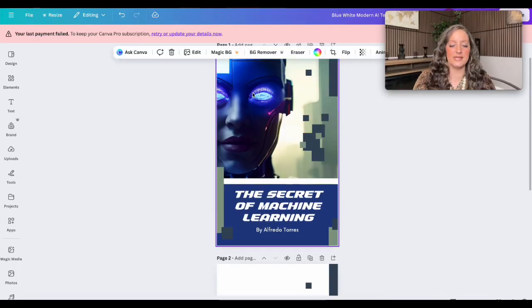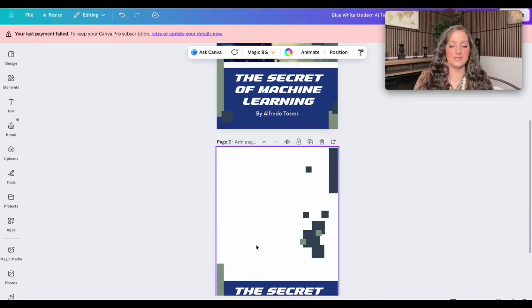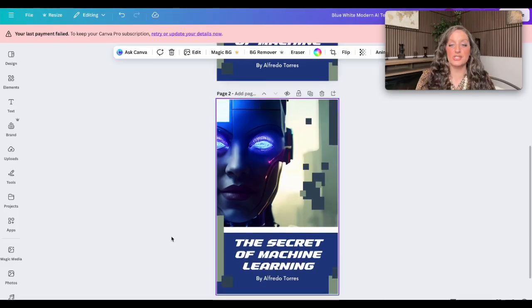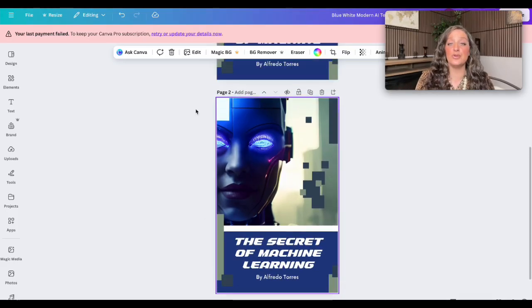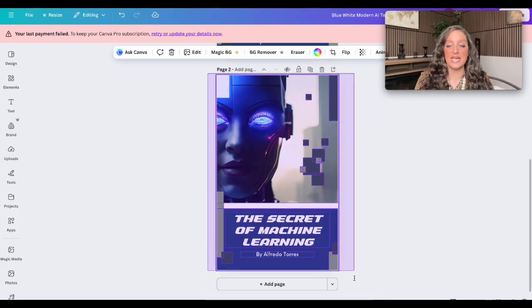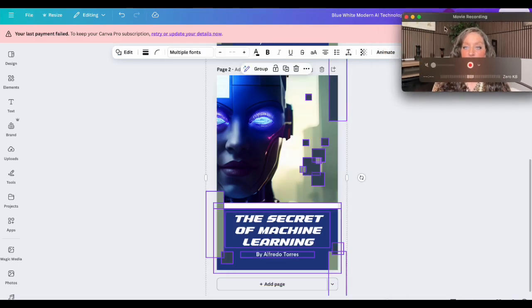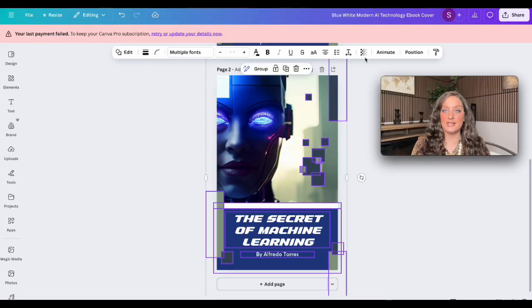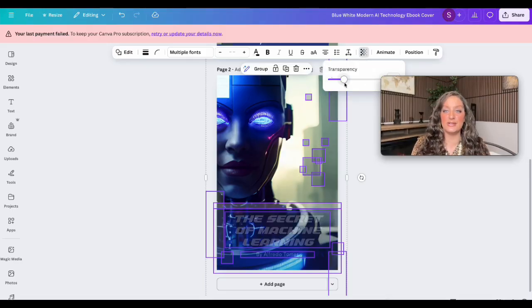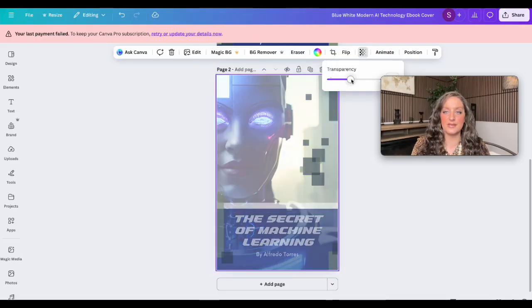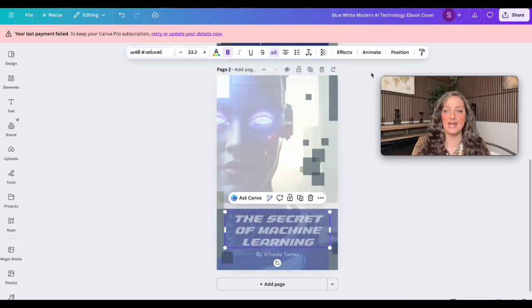I don't know why it didn't take that. Let's see if we can do it this way. Okay, perfect. So now we have this here. And then what you can do, if you want it to be lighter, is copy it all and then come right here to this button. This is the transparency button, okay? And so if you come here, you can literally make it light. Right here, I would do the background, which is what I was trying to do, light. Yep, make it light, right? So that it's not as dark and then your words are going to stand out. And then this part you want to make bright.